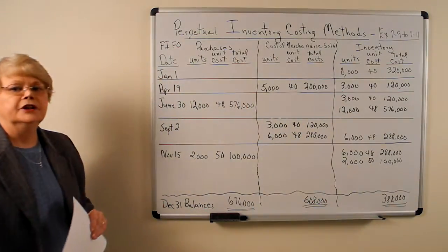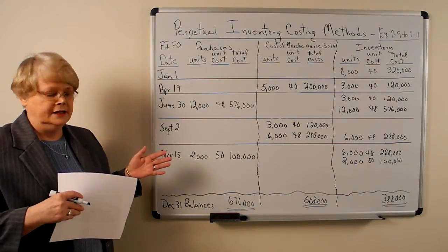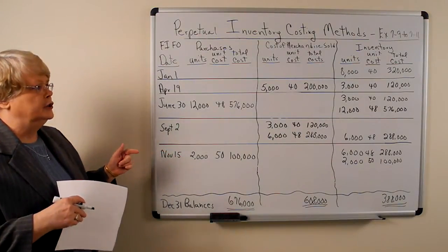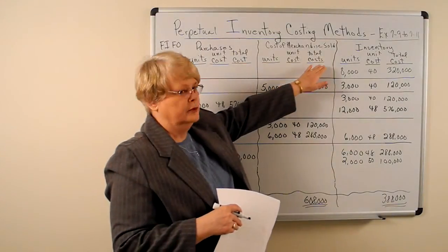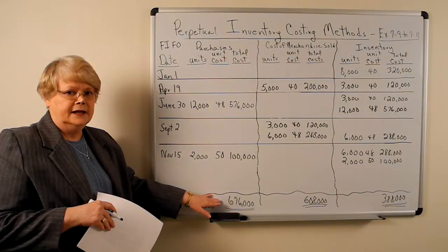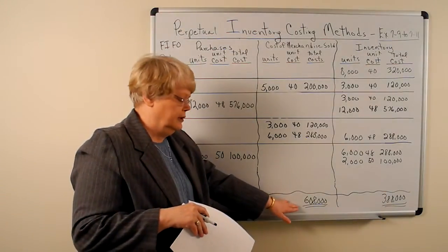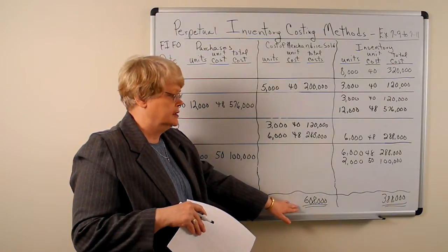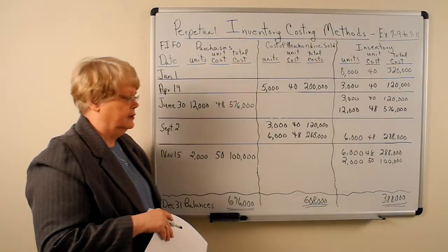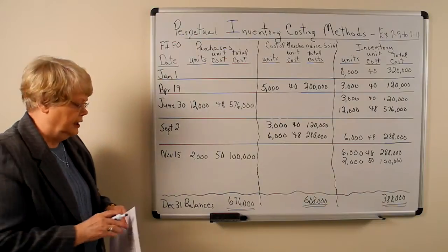I told you in the last video we could use the periodic formula to test this inventory. So I don't have room here, but I'll tell you how to do it. Take your beginning inventory of $320,000, add to it the purchases of $676,000, get your merchandise available for sale, subtract the $608,000 of cost of merchandise sold, and see if you get $388,000. If you do, you've tested your inventory cost sheet and you see that it is correct. Okay, that is